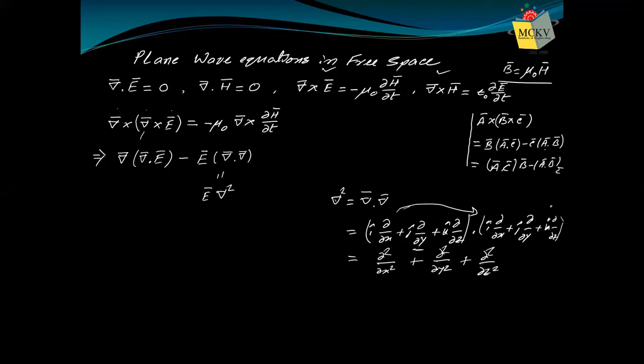So what I am telling you is that here del dot del, which is del 2, is a scalar, no doubt. Just like a dot b is a scalar quantity. But a dot b is a normal scalar, that means a value: 5, 10, 15, 100, whatever. It's a value only. But del 2, is it a value? No. Del 2 is not a value. You observe, it's an operator.